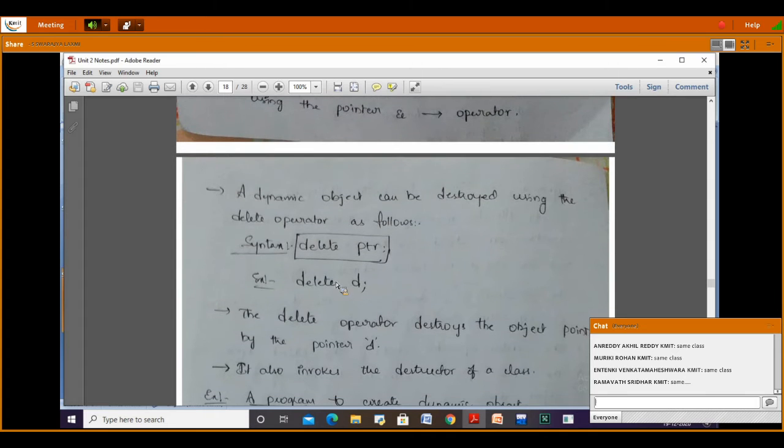Not only does it delete the object, it also calls the destructor of the class. When I was discussing destructors, I told you that it internally calls the delete operator, as in the array example. Same thing here: whenever you call delete d, it destroys the object pointed to, as well as invokes the destructor of the class.